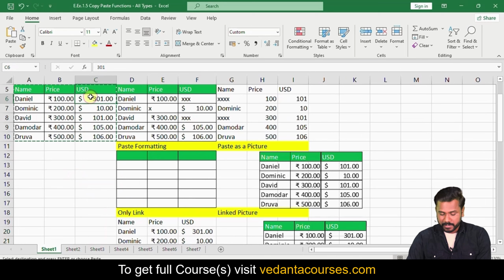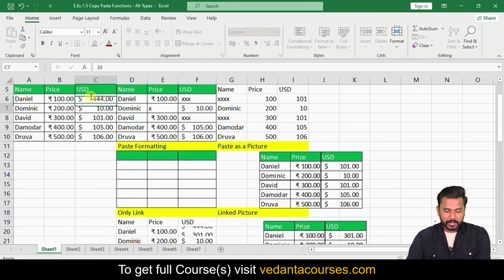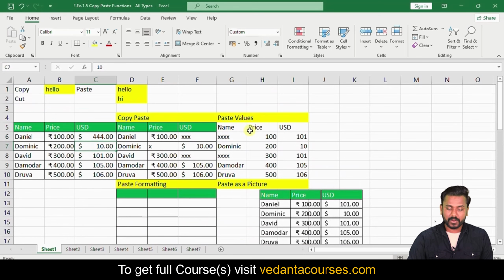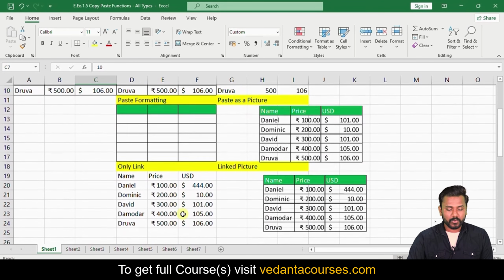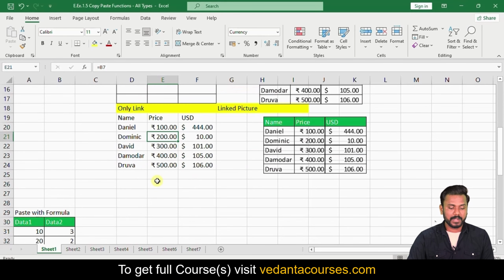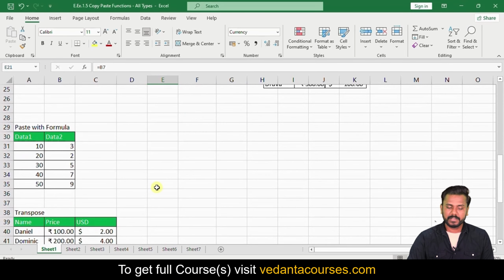If I make the change to 444 here, the value will be updated to 444. So the first one we did was copy paste only values without link. Here, copy paste only values with link. So these many options are available. Now we delve deeper into the concepts of copy paste functions, and if you scroll down you will see here